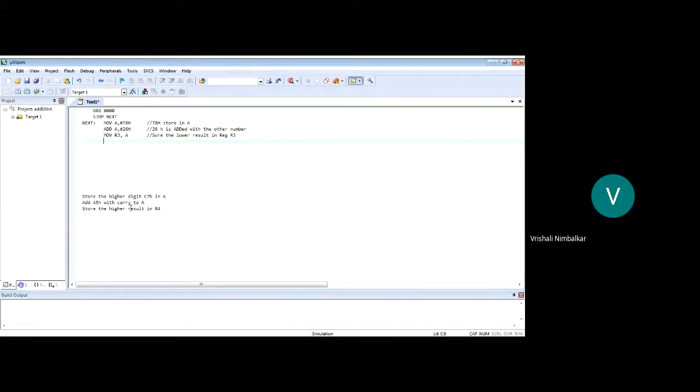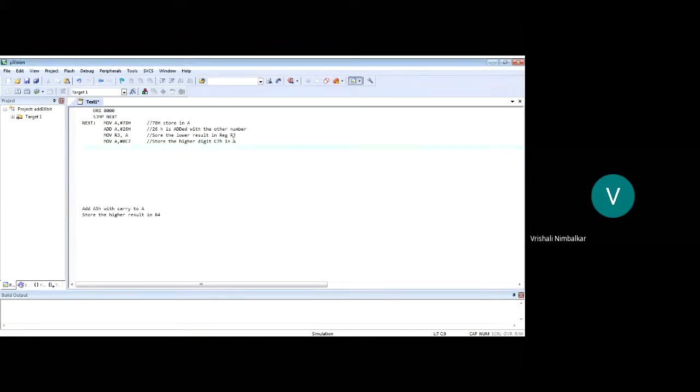Now the next, higher digit addition. Store the higher digit C7 in the accumulator. It's the same as the above one: MOV A, comma, hash C7. Now see, when you write C7, C is an alphabet, so it will give an error. How should the data be written if it begins with an alphabet? 0C7. So C7 hex is stored in the accumulator: MOV A, hash 0C7 hex.